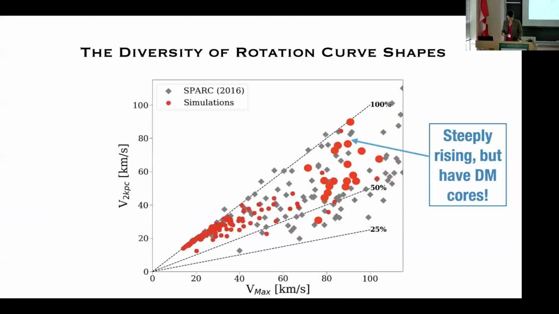Okay, so here they are. Here's my new dwarfs on the diversity plots. Got no diversity problem, and this is in CDM. Okay, so something different is coming out of these simulations than in the other simulations. And I'll talk more about that. But I want to point out, these things here are steeply rising, but we still use this star formation density threshold that is high enough to make cores, right? So there's actually core formation happening even in these steeply rising things, but they are there, and I'll explain that here in a minute.